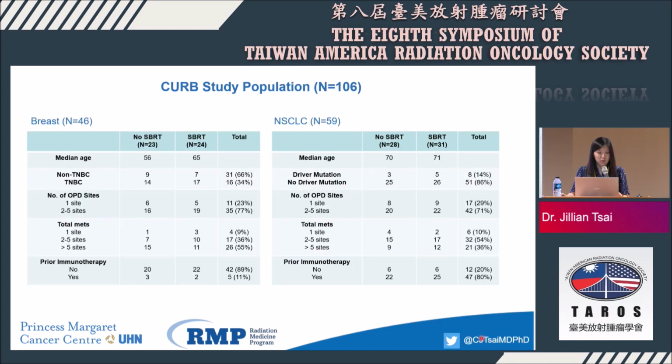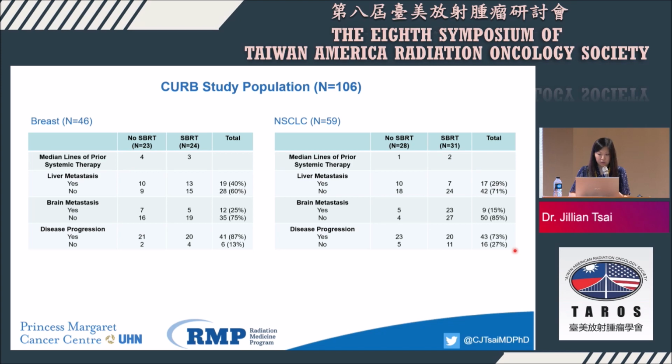So at the time of interim analysis, we had 106 patients, a little fewer breast cancer patients, and then the non-small cell lung cancer patients. And this is the distribution of the total number of metastases. You can see that for the breast patients, about 50% of them had more than 5 total, not just the progressive sites, but total sites. So these are much sicker patients. And also about 1/3 of lung cancer patients also had more than 5 lesions. And then this is the distribution of their different sites of metastases.